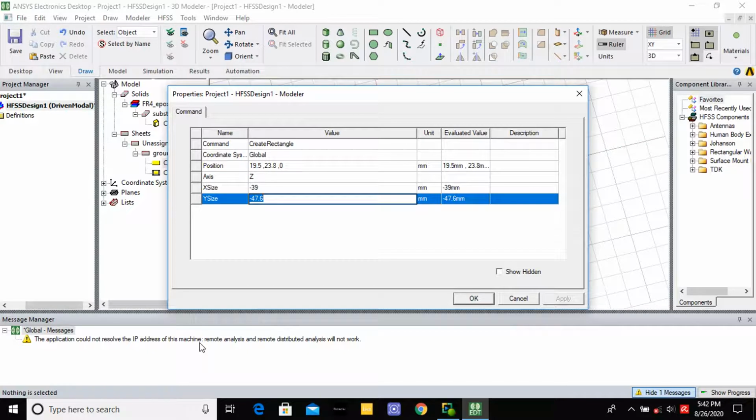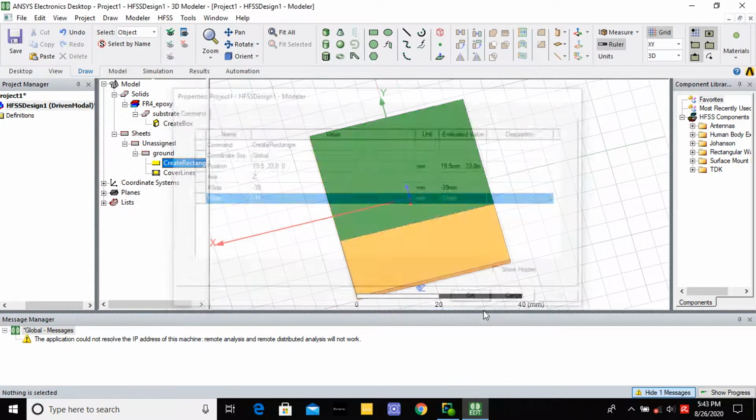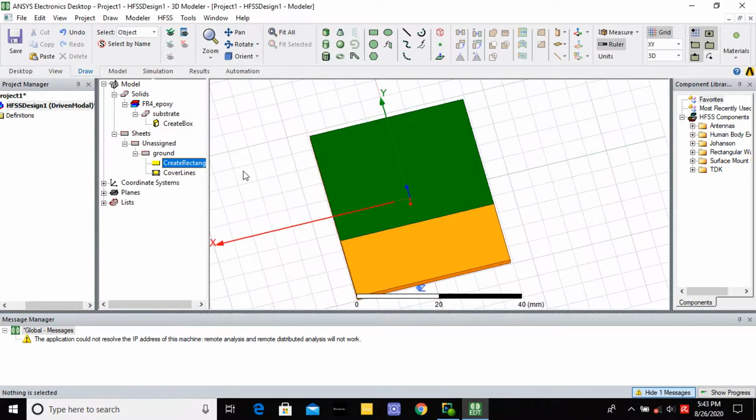Instead of minus 47.6, I am going to give minus 31. It is not fully grounded, only partially grounded below the substrate. So it is called DGS.